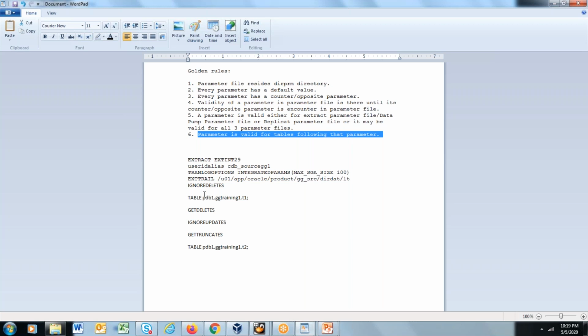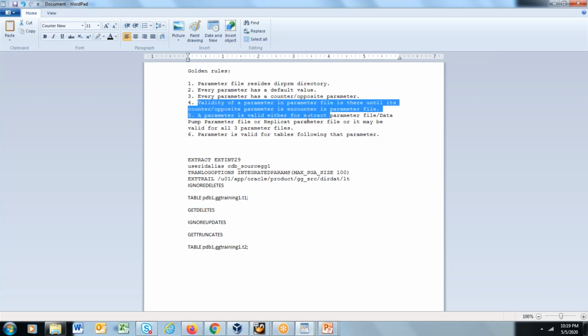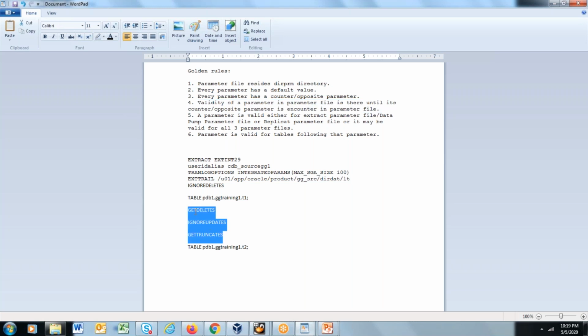So as I mentioned, this parameter is eligible to be valid for T1 as well as T2, provided the counter parameter condition is satisfied. However, these three parameters I have mentioned can only be valid for T2. They cannot be valid for T1, because a parameter is valid for tables following that parameter.